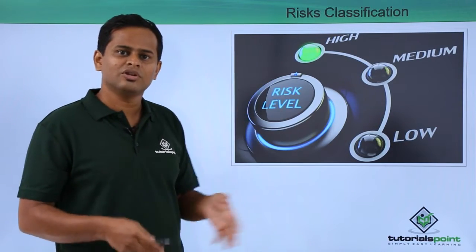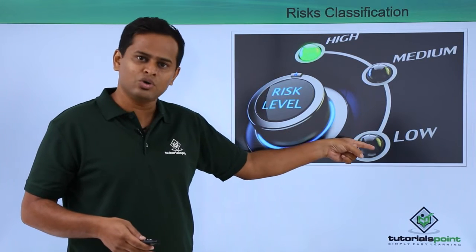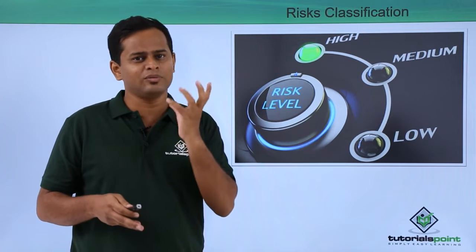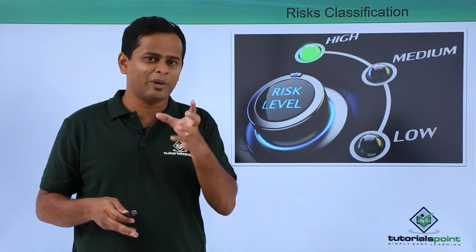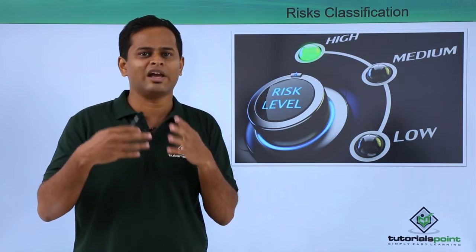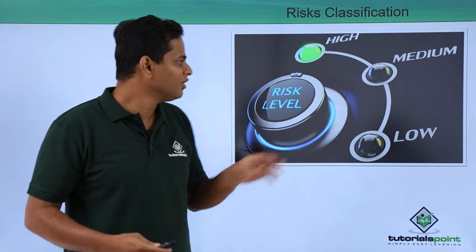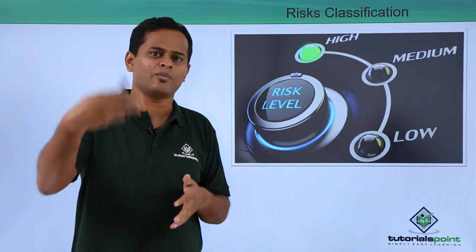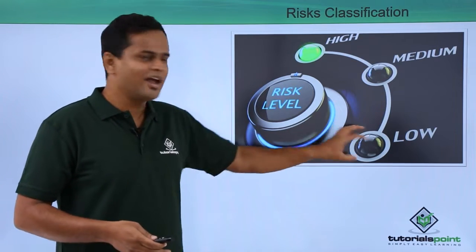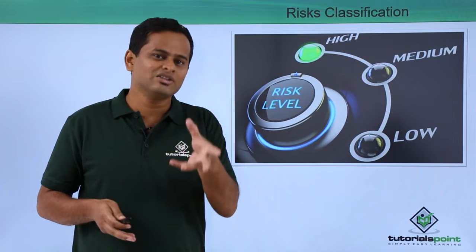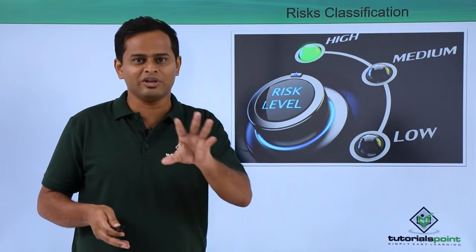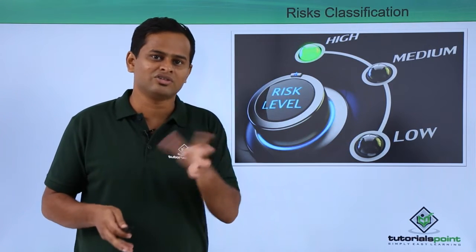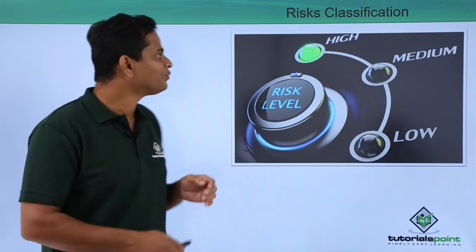In risk classification, we can treat it as low or medium or high. So high risk means this is extremely crucial, where having that particular risk, it is going to be a huge task to achieve that particular objective. Medium risk can be a small or medium activity that if we do it, we can easily come out of that particular risk very easily. And low risks are certain risks where the occurrence chances or the severity of that particular thing will be relatively low, and sometimes even retaining this will not make a great difference in achieving this particular objective.